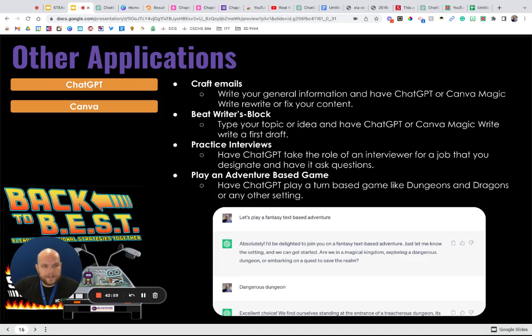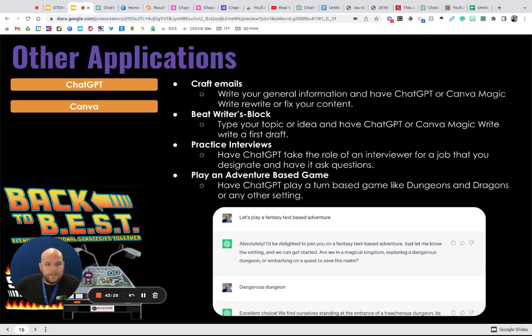So a couple other applications, and these are just things that you can do with ChatGPT and Canva, because CurePod and Conquer and the YouTube article summary are kind of task specific. But you can do some cool things with ChatGPT. One, you can craft emails. Responding to parents can always be the hardest thing, especially when you're talking about students.